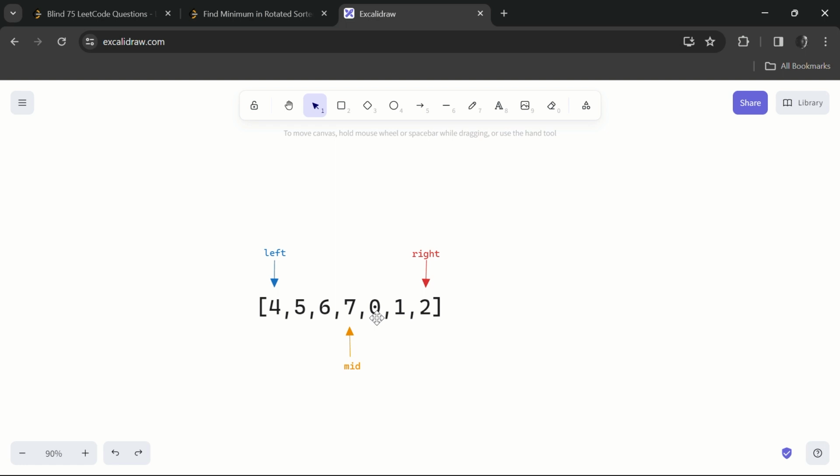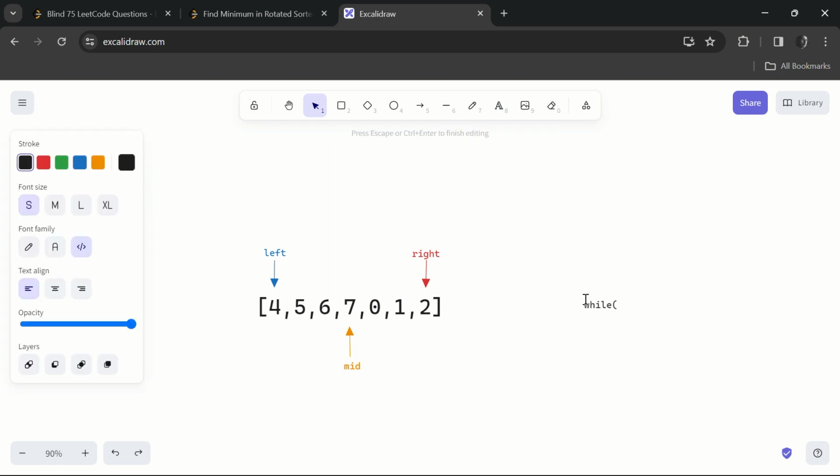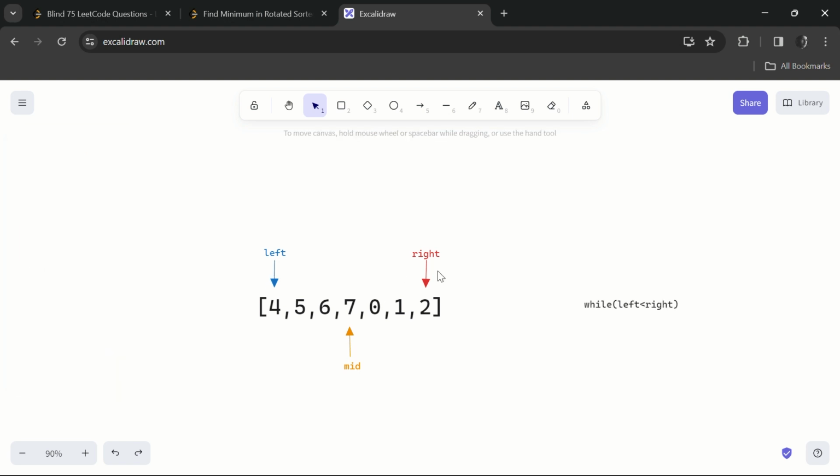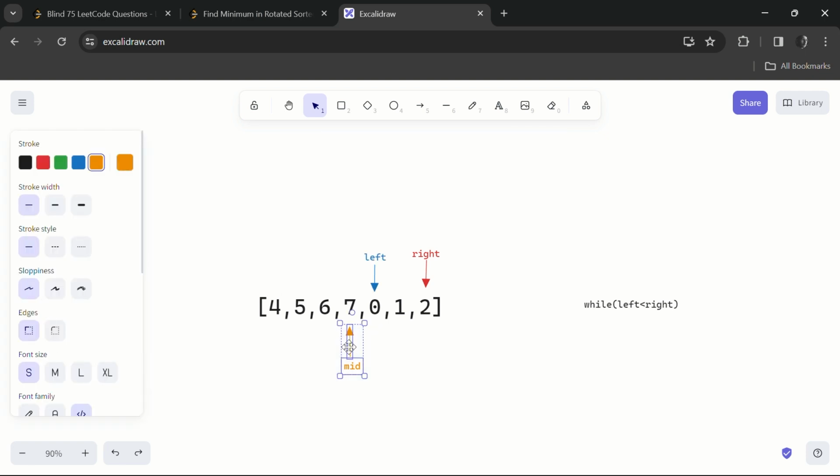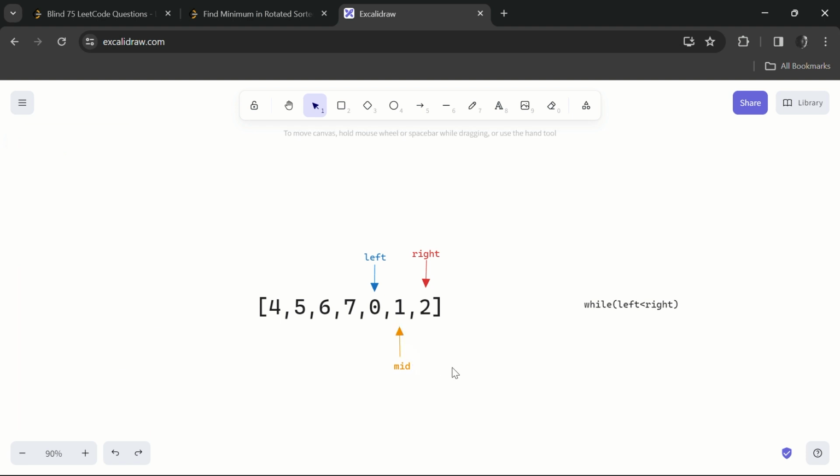Let's see how to approach this. We'll have a condition while left lesser than right. So is the left lesser than right? Yes. Calculate the mid. The mid should be the floor of left plus right by 2, which is 7 in this case. So if the number on the right, which is 2, is less than mid, we'll push the left as mid plus 1, and then we'll update the midpoint again, which is left plus right by 2, the floor of them,